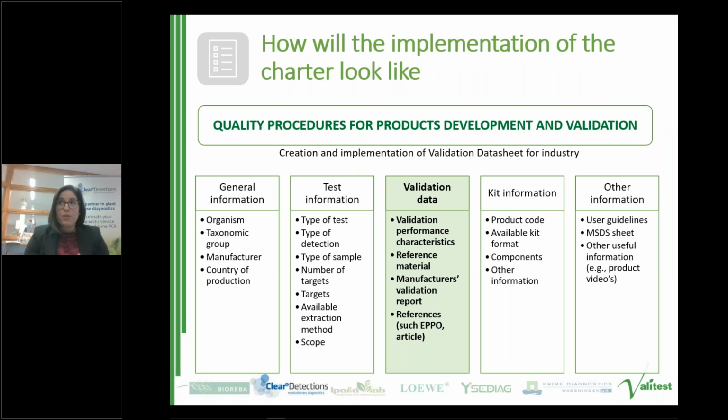I am going to go a bit more into pillars 3 and 4, because we think they are the ones that are most specific to the plant health industry. So mainly the quality procedures for product development and validation. And here we would like to create and implement the validation datasheet for industry, which aims to be a document